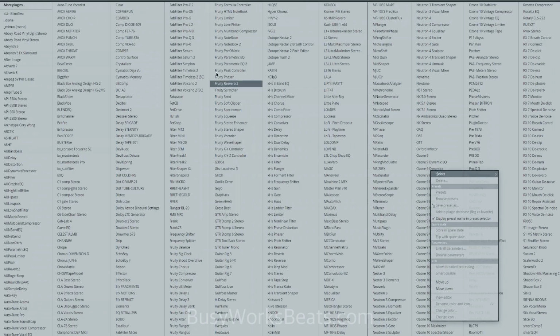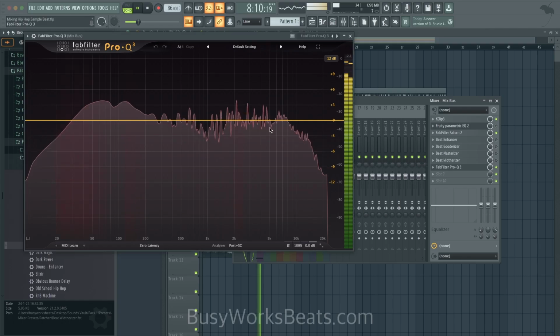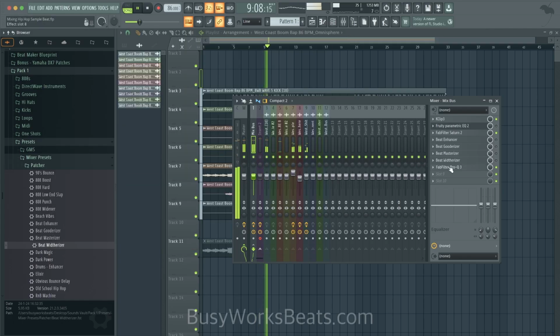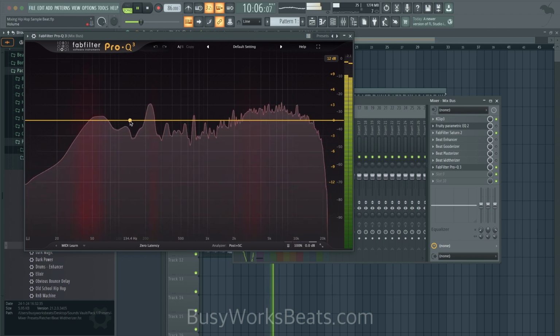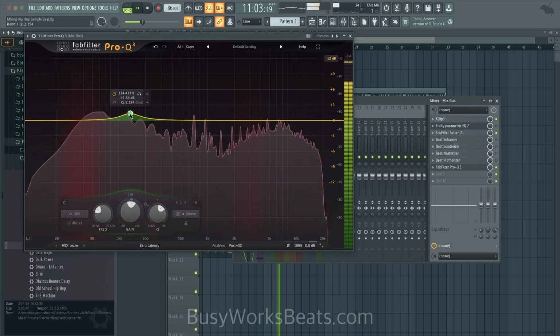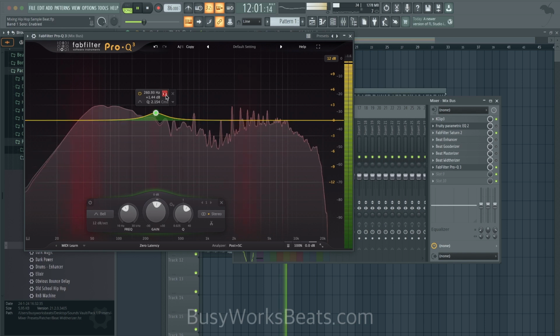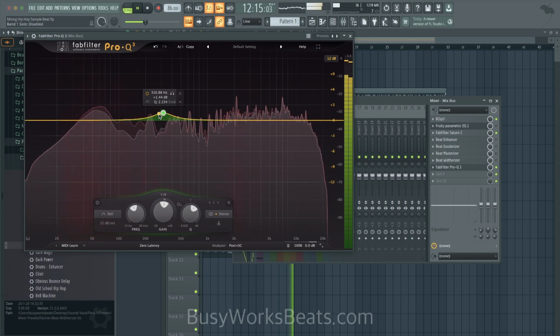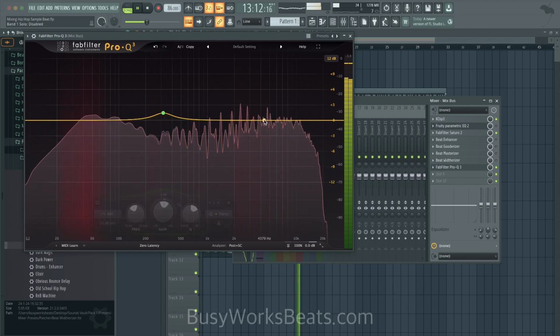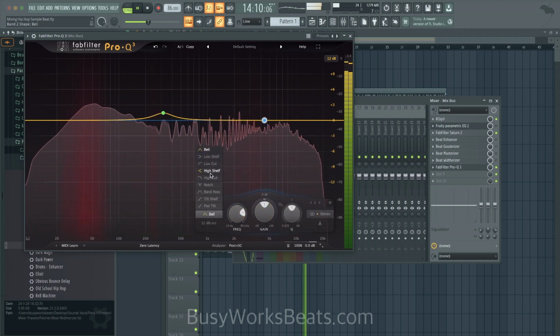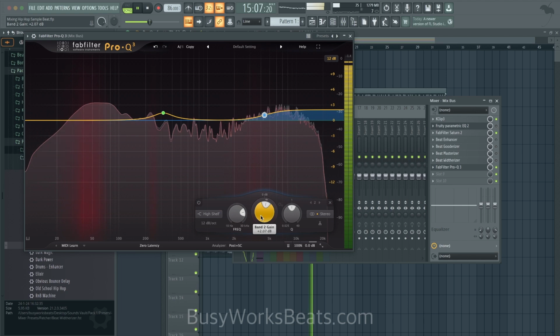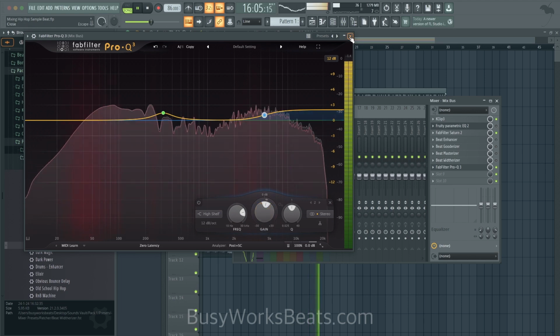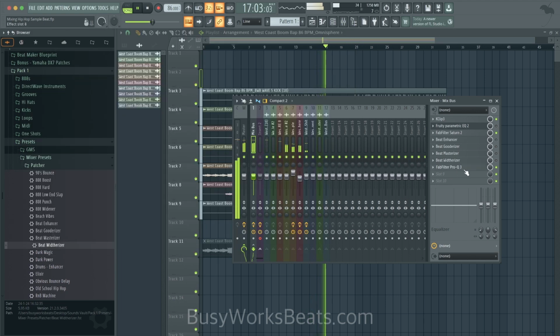Okay, so let's add an EQ to boost up some of these higher frequencies. Okay, so now we're just trying to limit it and compress it. Let me add my limiter back.